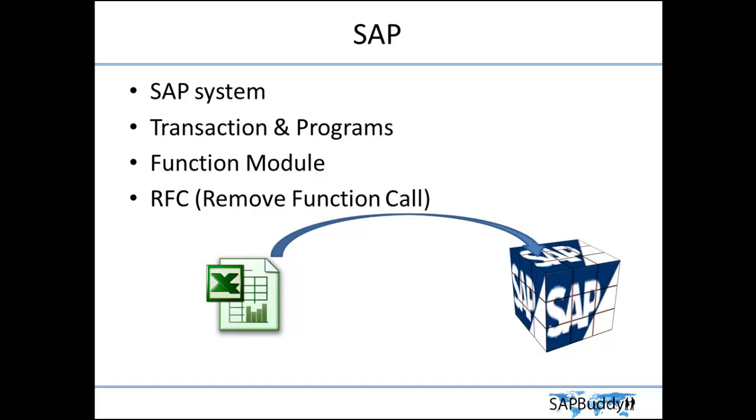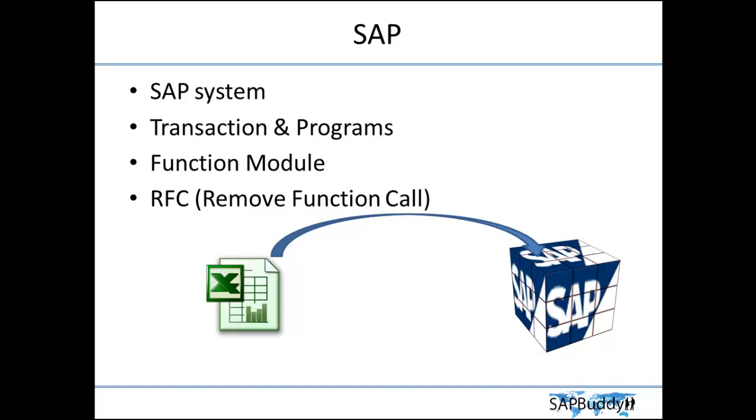When you execute a specific transaction code in SAP, it will call a specific program and execute that specific program. And we have something called a function module. Function modules are procedures that define the special ABAP programs, so called function group. These function modules can be called from an ABAP program, so that is a function module. And